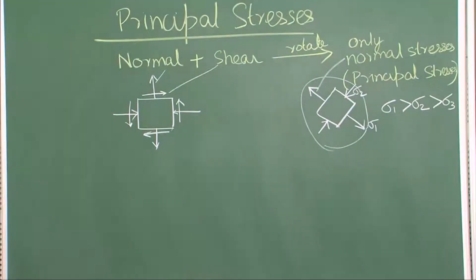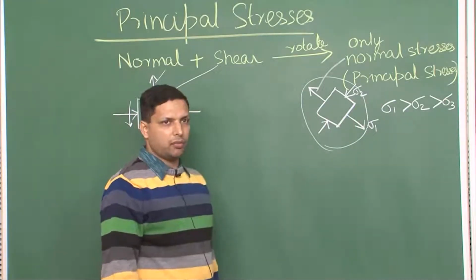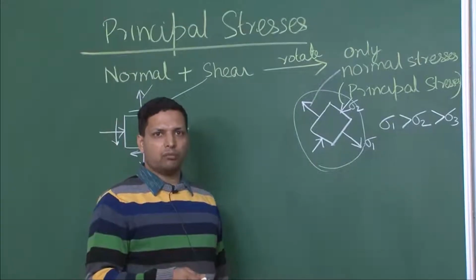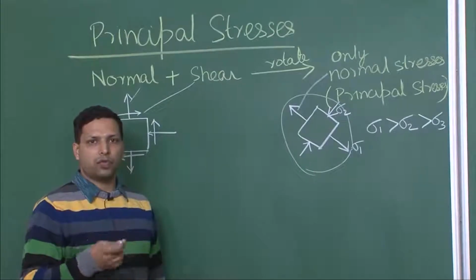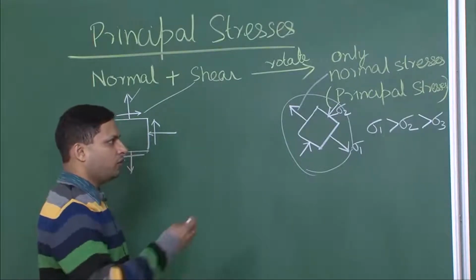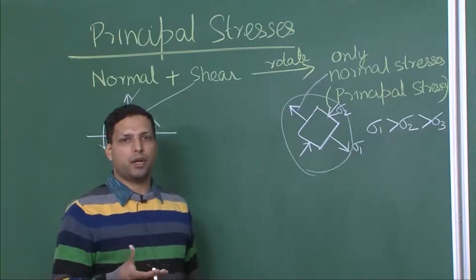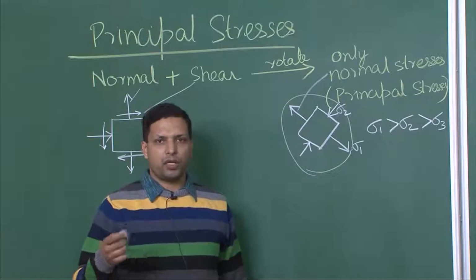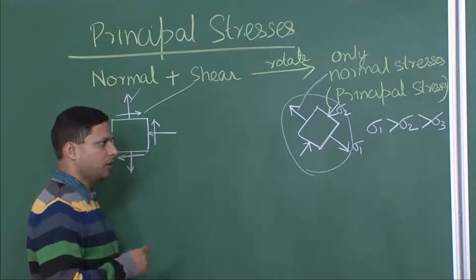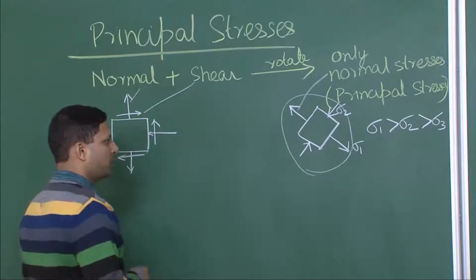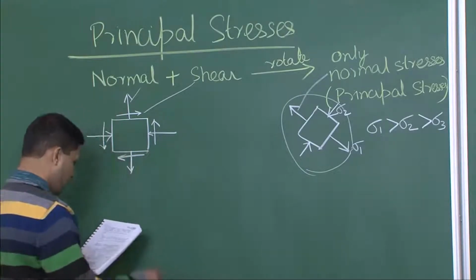Now, once you know what these principal stresses are, it is time to look at some equations. Again, do not get bogged down by these equations. I am showing them just for the sake of completeness. So, how do we find these principal stresses? Let us say you have a particular condition where you are able to get sigma x, sigma y, sigma z, sigma xy, sigma yz and sigma zx, all the 6 components, then you would be able to find these principal stresses using this equation,